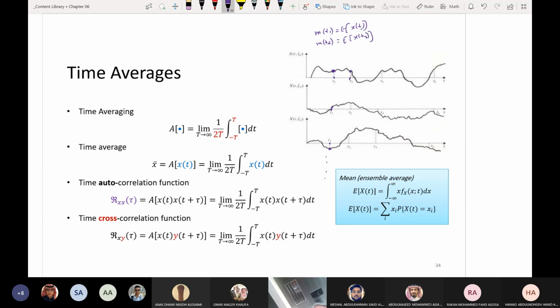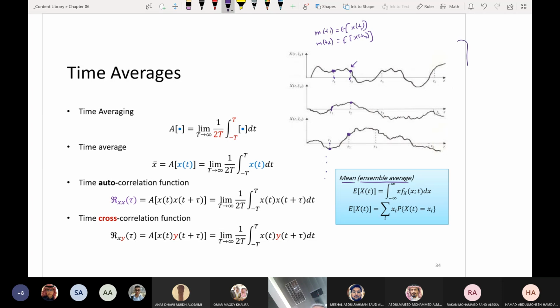And the way we calculate it is we take the value here, we take the value here, we take the value here, we take the average of these values for many, many sample functions, for many, many realizations, for many, many repetitions of the experiment. If you remember what the experiment was, for example the GPA of the students, right? So for many, many students, temperature for different locations, and so on. And this is the way we calculate this. We call it the mean or the ensemble average.